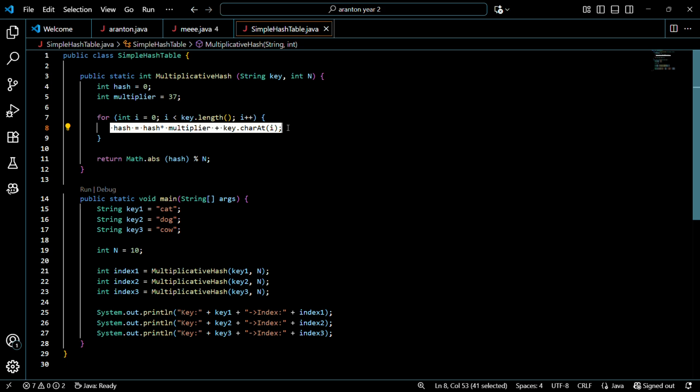This updates the hash value each time. So it will multiply the current hash by 37, add the ASCII value of the current character. This combines characters to create a unique number.